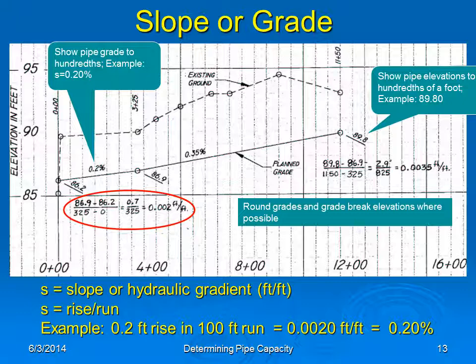Also note that the drawing shows stations increasing from left to right, and we do this for all of our drawings. Pipe grade should always